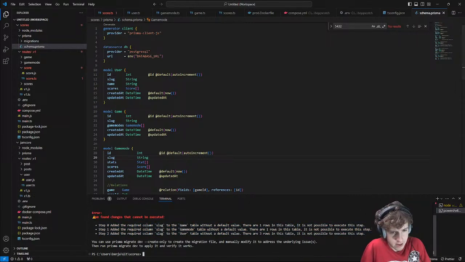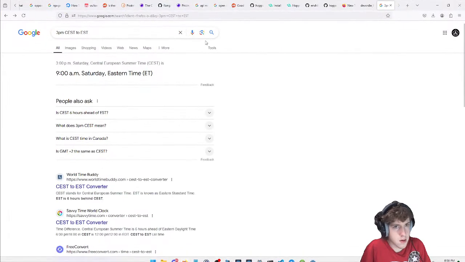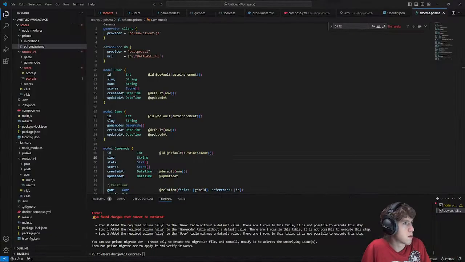Time to consult the AI. So these are your options: add a temporary default value. After migrating, update these fields as needed, then remove the default value. Optional temporarily. Okay.